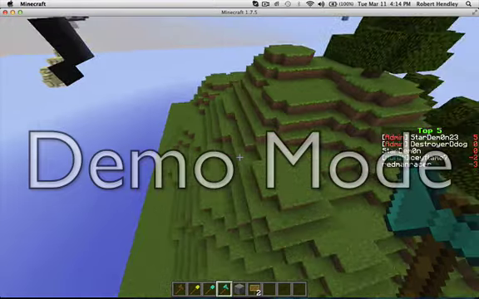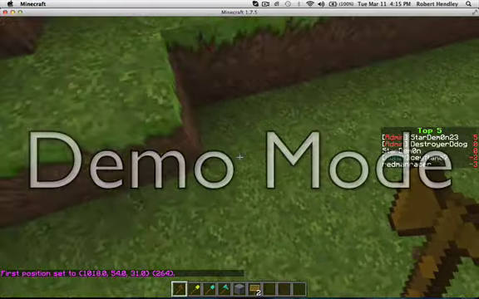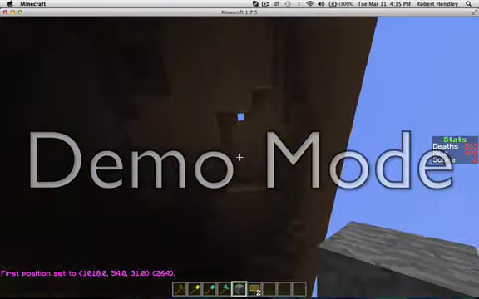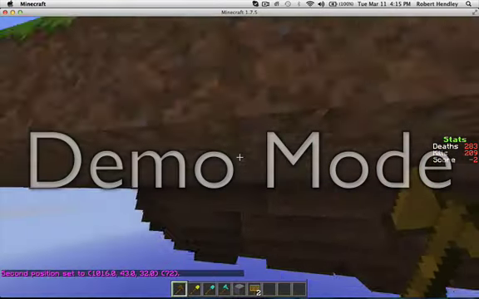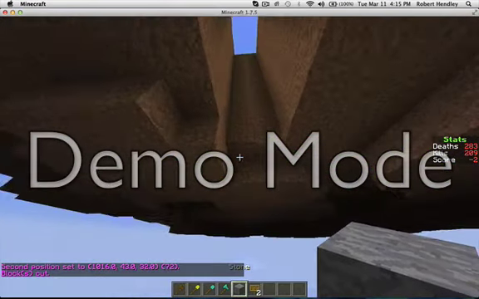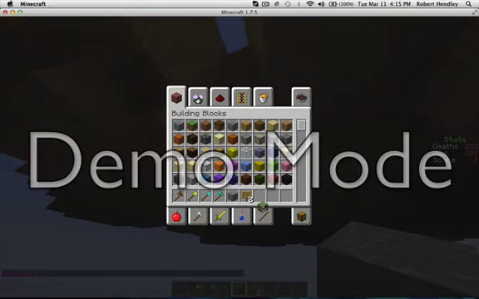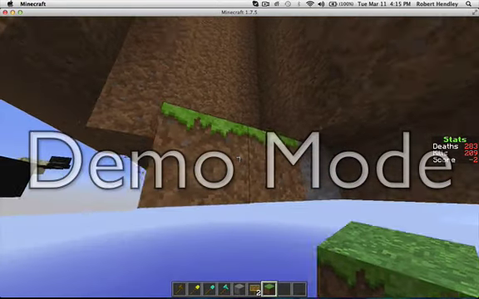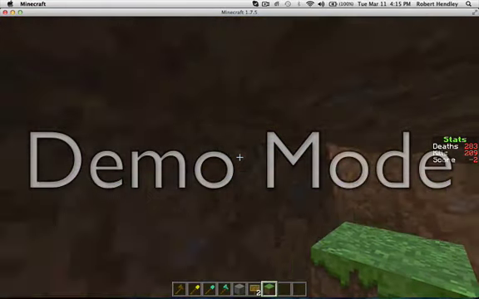Also, I don't know if I support this, but I'm going to do it anyway. Ignore this. I'm just setting the tree area. Let's see, we need grass. You can also change this diamond axe, so instead of spawning regular trees, it'll spawn other trees. I'm not going to do all of them, but I'll do a couple right here. So you can go,